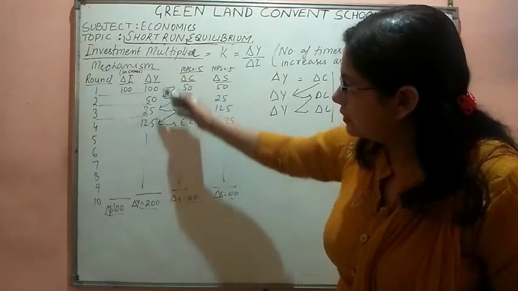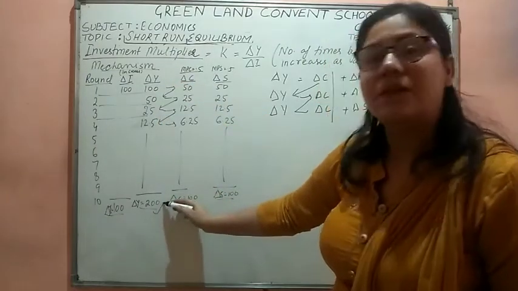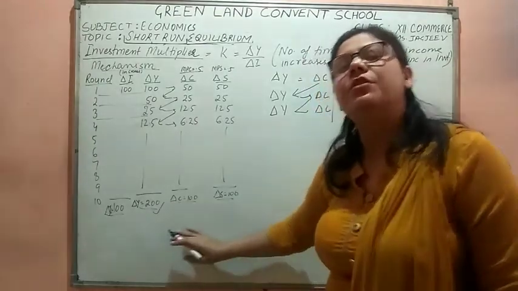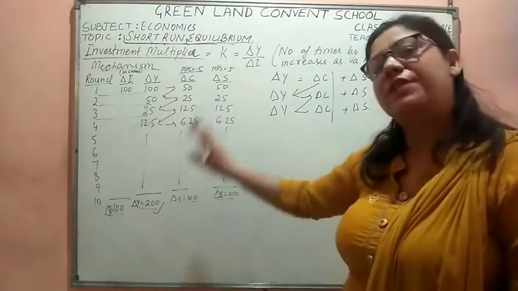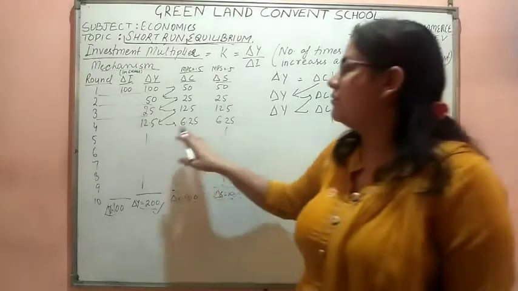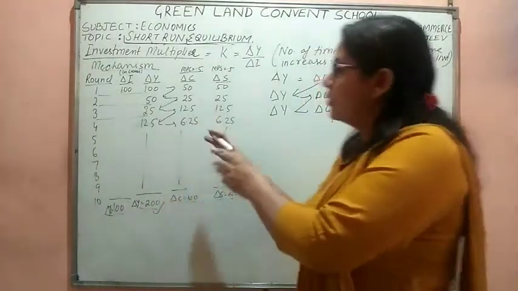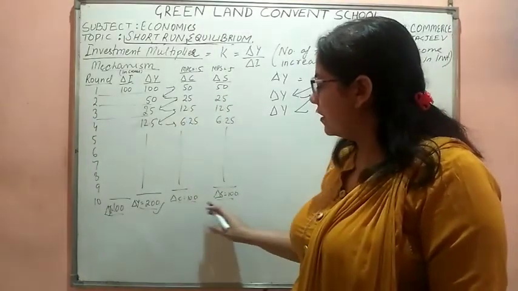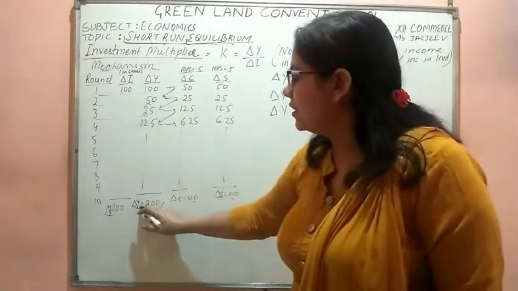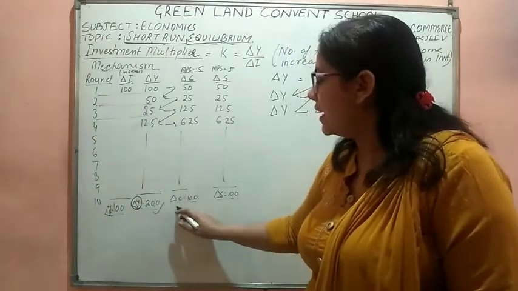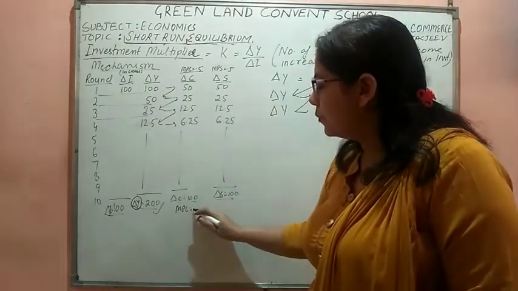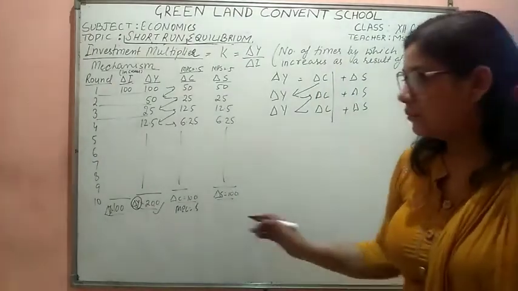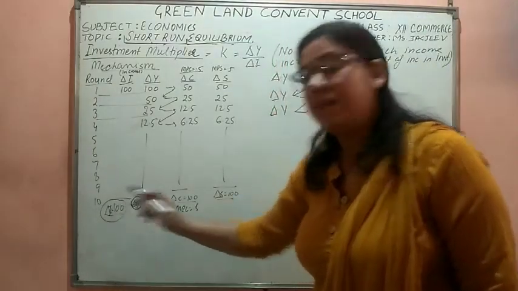If we work it out right here, change in income will become 200 crores at the end of the 10th round. You need not calculate it; we would calculate it with the help of a formula. Every time we would not be splitting it, because there would be too many points. So change in consumption is 100 crores. Out of this change in income, which is 200 crore, due to the MPC of 0.5, 100 crores are consumed and 100 crores are saved. But we had made an investment of only 100 crores.